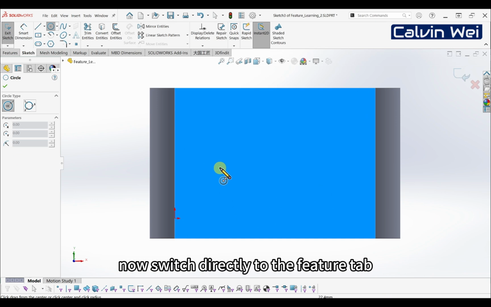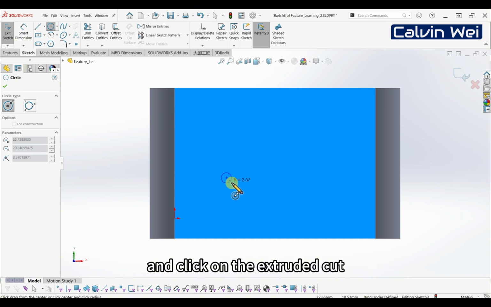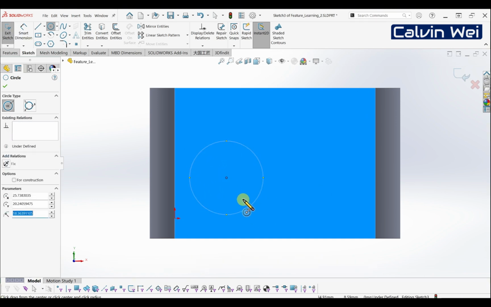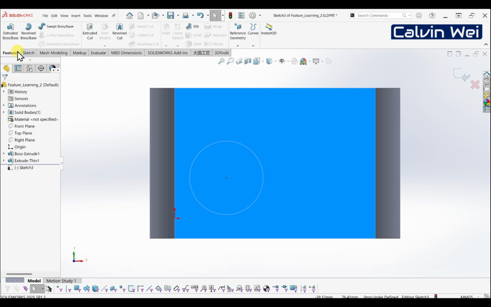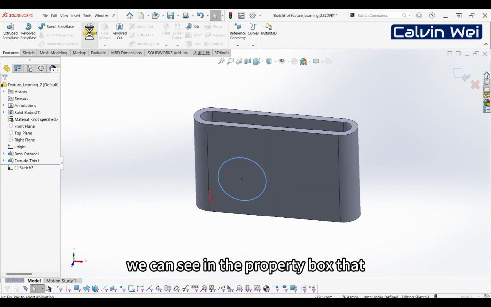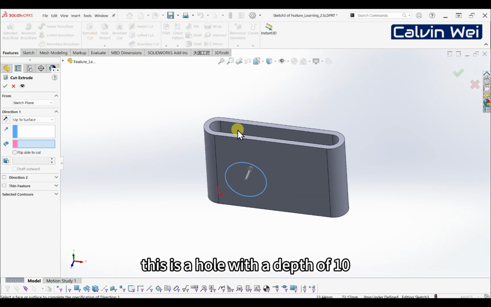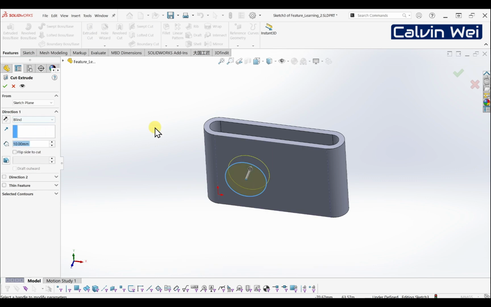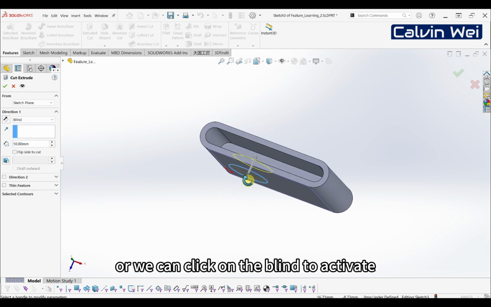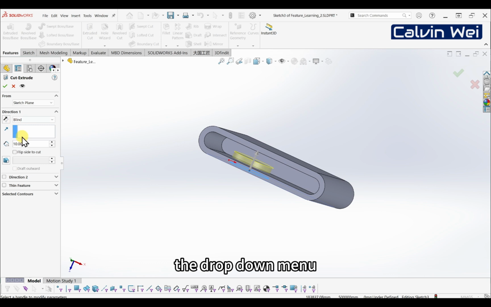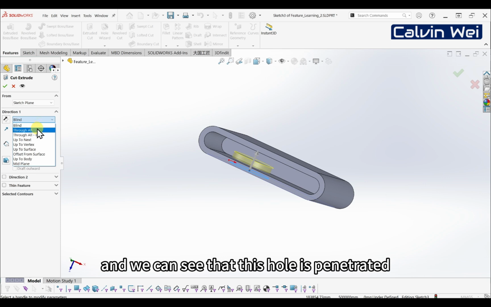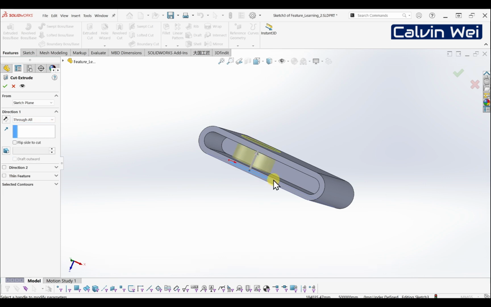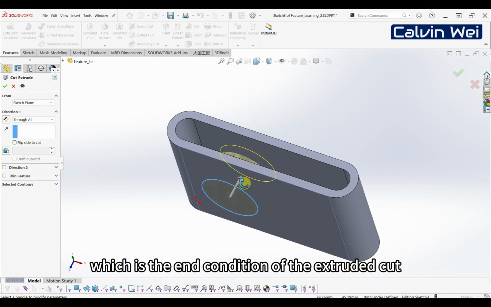Now switch directly to the Feature tab and click on the extruded cut. You can see the preview in the part window. We can see in the property box that this is a hole with a depth of 10. Or we can click on the blind to activate the drop-down menu. We can select Through All. And we can see that this hole is penetrated, which is the end condition of the